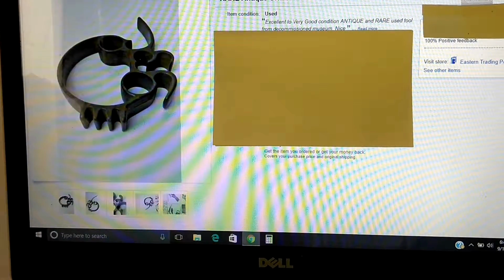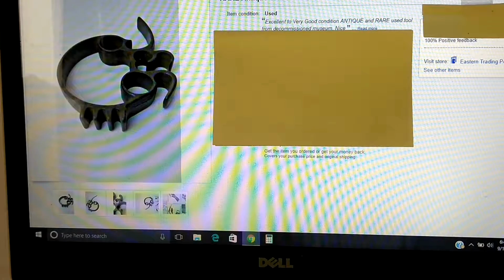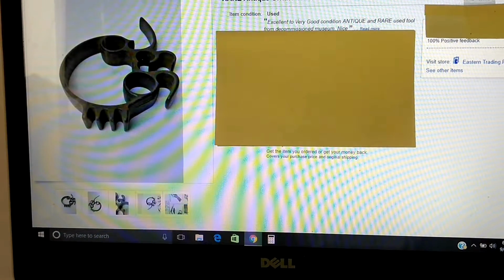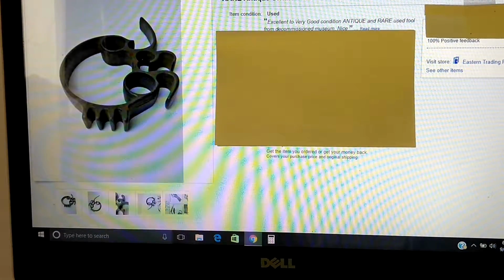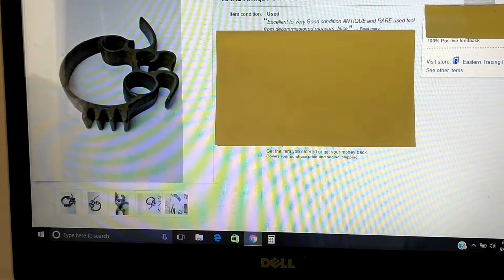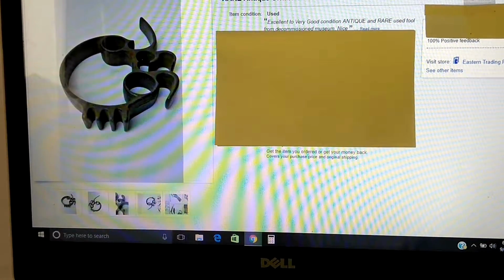Because this is in this thumbnail, I'm not going to click on the thumbnails because it'll mess up all my pictures. But in this thumbnail, the name of the company was a little stronger than faintly stamped into the tool, as well as a patent number and date. So thankfully those were there because I was able to find information a little bit quicker in my books by looking at the pictures, by looking in the index, by name,